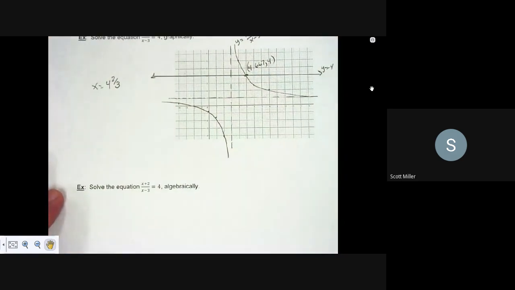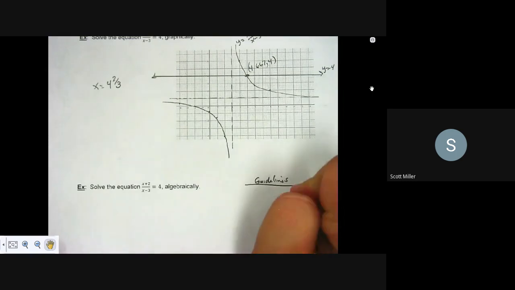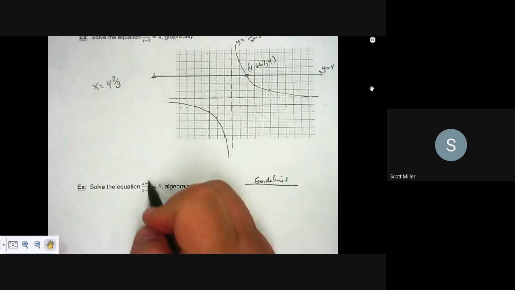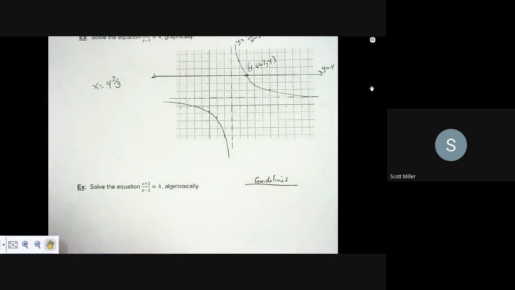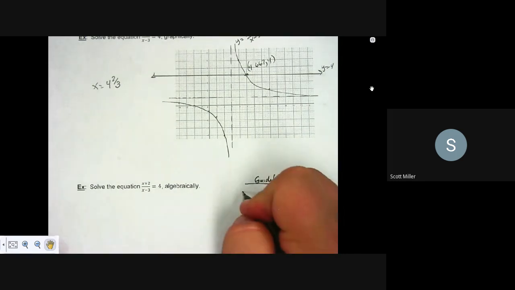So how do I solve these things algebraically? What am I going to do? What is my technique? Okay, so to solve algebraically, we have certain guidelines we want to follow. Very straightforward. And because these are fractions, you're literally using the same techniques that you would have used back in Algebra 1 in eliminating fractions. So you want to